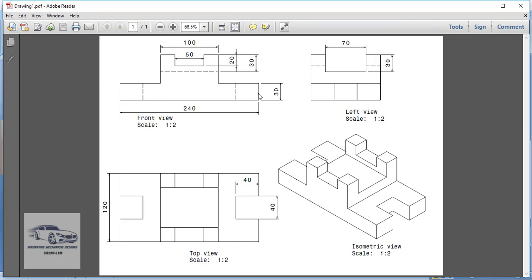Now here, to start with, we will first create this outer profile and then we will provide it a depth of 120 mm in order to convert that sketch into a 3D entity. Also, the view in which we create the sketch, how much that has to be extruded, revolved, or how much depth it has to be provided, we have to see it from the opposite view. So let us start with the modeling.